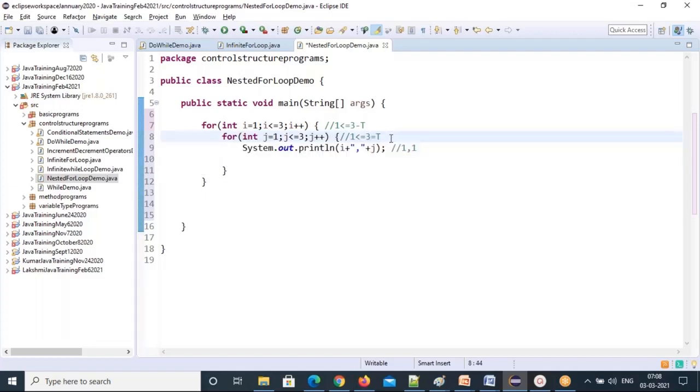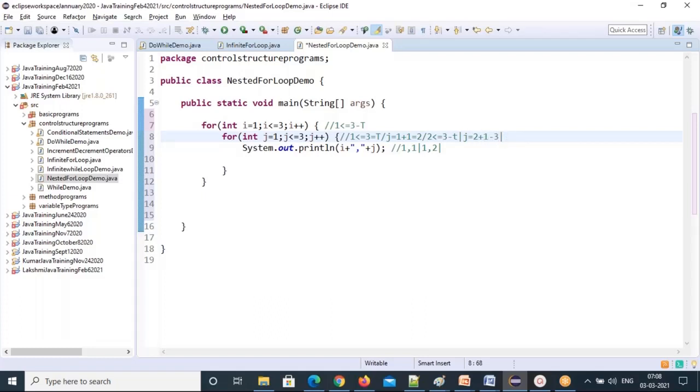Now j value will increment, j equal to 1 plus 1, that is 2. So check the condition, 2 less than or equal to 3, true, comes inside, it will print i value 1 and j value 2. Next j value will be updated to 2 plus 1, 3.